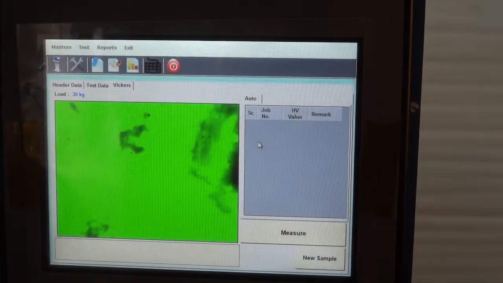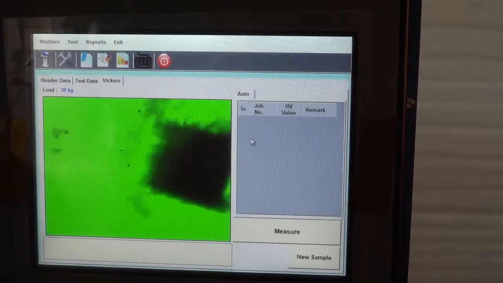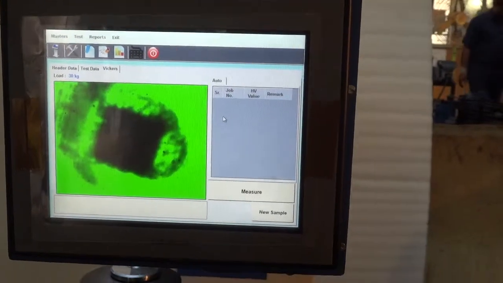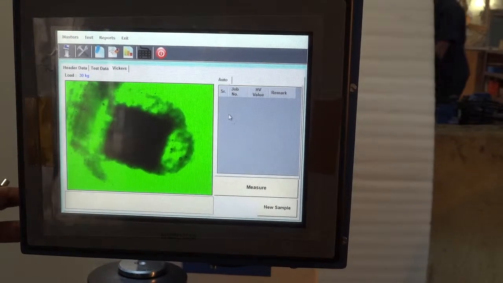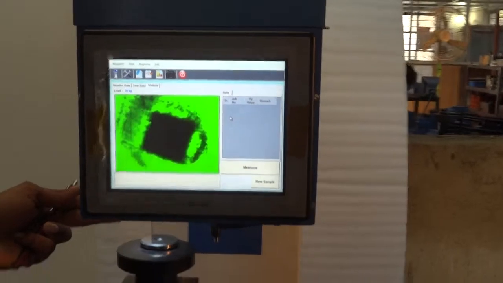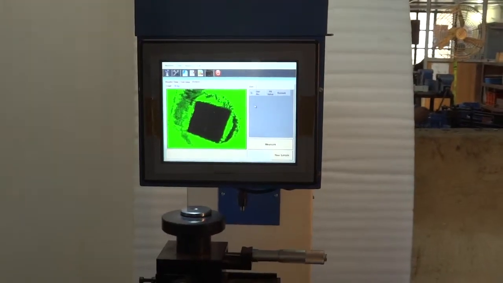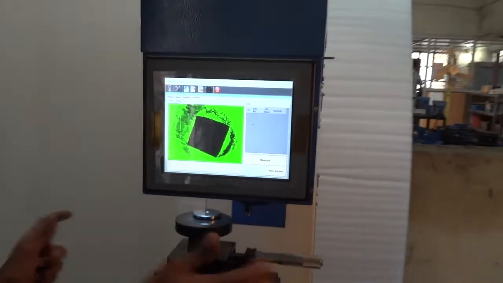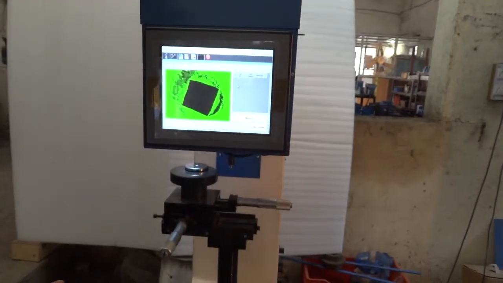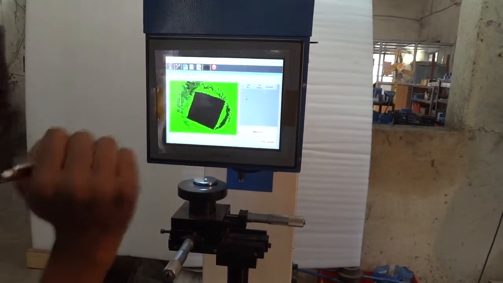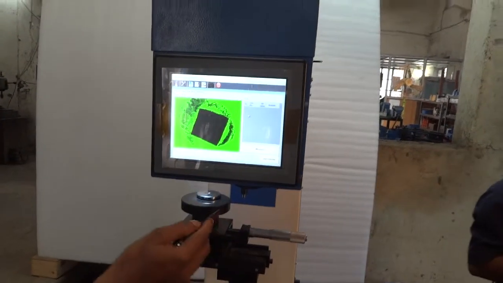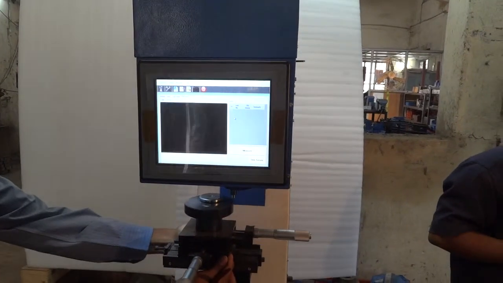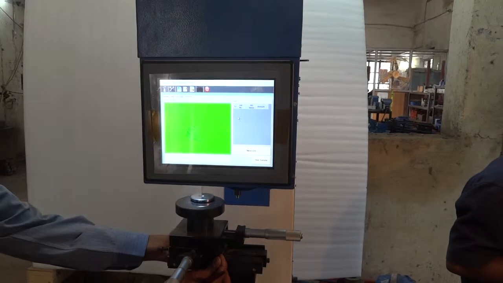Now, here is the impression. Actually, after taking the impression, this impression will come automatically in front of the camera whenever you slide the table. Normally, after pre-adjustment, it will come properly. So this is the impression. Now after taking the impression and sliding this table, this impression will come automatically in front of the camera like this,